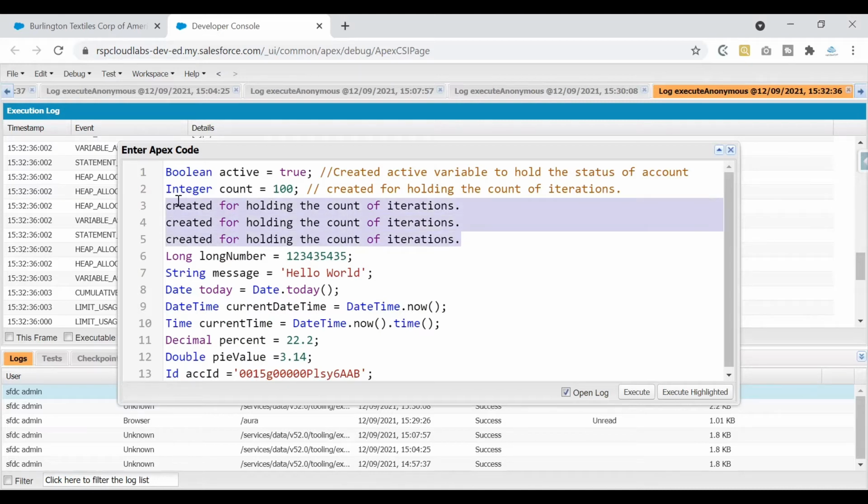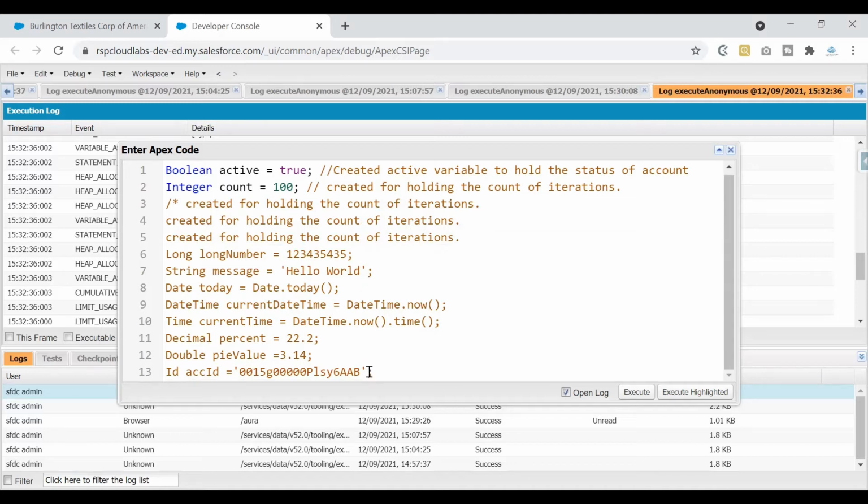So anything that the system doesn't understand, let's comment it out. So how can we comment these 3 lines at once? Use multi-line comment, backslash and an asterisk symbol. So that way the system would start commenting on all the lines. If you see here, all the lines that are there are commented out. Do we need all the lines to be commented out? The answer is no. So we need the lines to be commented till line number 5. So what I'll do, I'll put an end of this multi-line comment. So how would I do that? An asterisk symbol and a backslash.